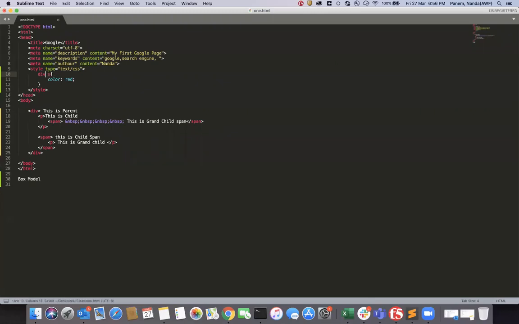This is called a descendant selector. So inside the div tag, at any point of time, at any place a paragraph comes, it will apply red color. If I execute this, you can see here.